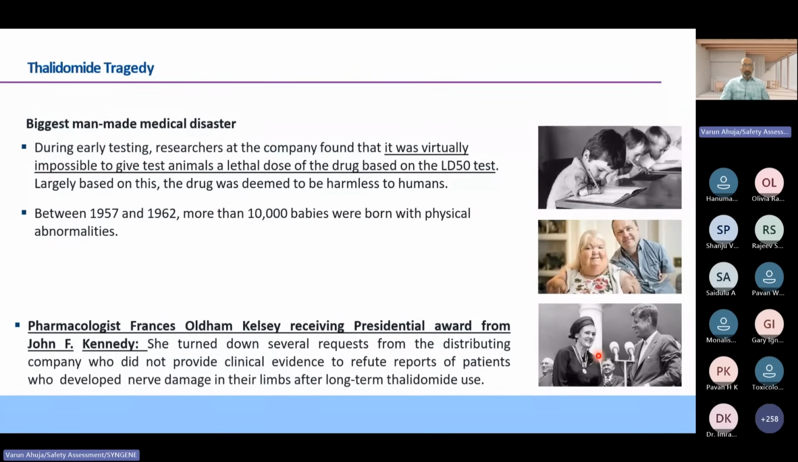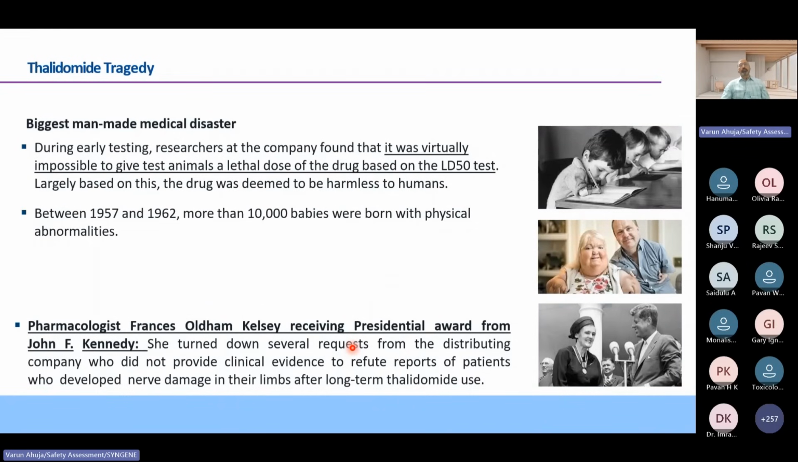And then you all know Frances Oldham Kelsey. She was a young pharmacologist who joined the USFDA at that time. It is all mentioned in Casarett and Doull also. Earlier she had done a PhD and postdoc in a lab where she was doing animal experiments also. When the pharmaceutical company submitted their data to US FDA for approval, she said no. First of all, I want to review this data properly,